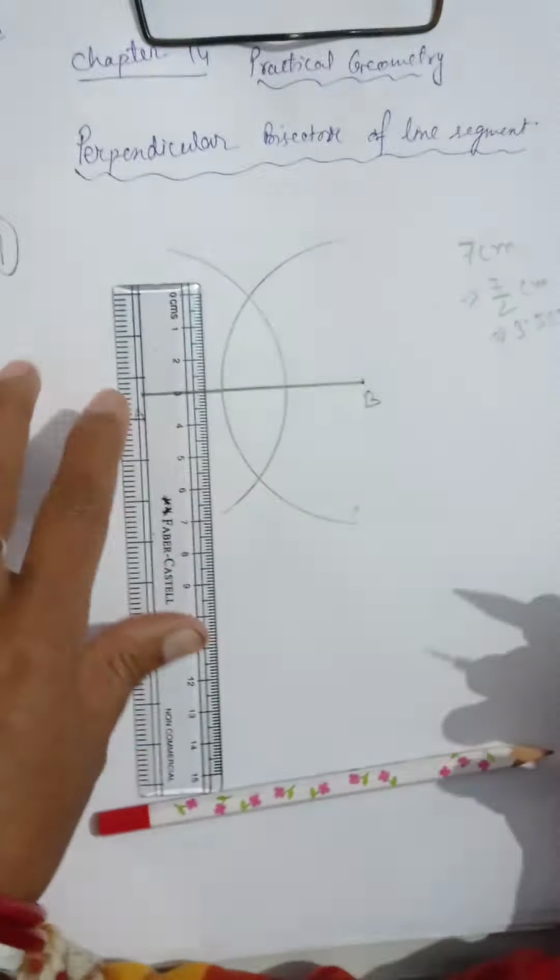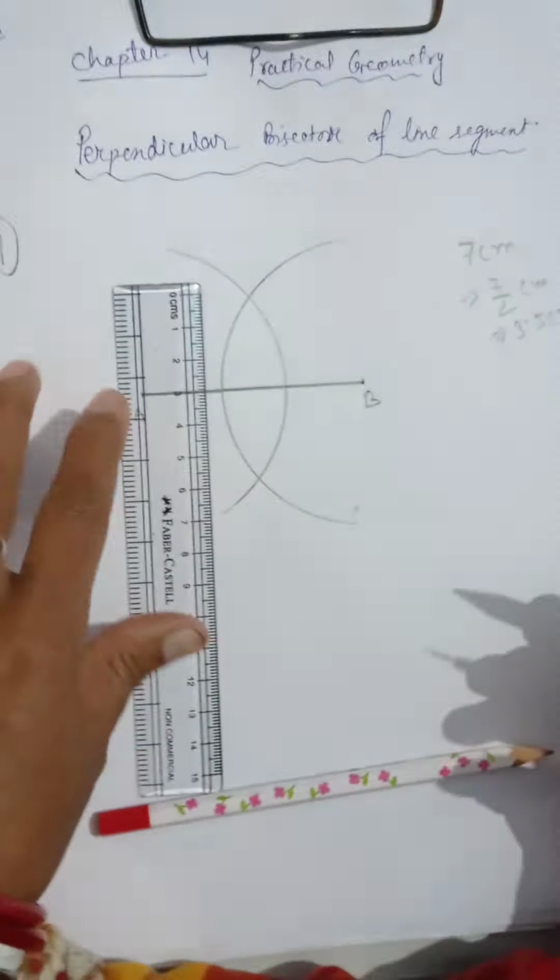Now I have to verify whether the lengths OA and OB are equal or not. Afterwards I will measure with the ruler, but first I will verify using my compass. I am expanding from O to A. Yes, that much I am getting. Let's see if this side is also equal. Yes, see here, that is equal. Check it carefully: this side how much I am getting, that side also I am getting this much. I am not disturbing the compass. So here I can say that the line has been properly bisected.